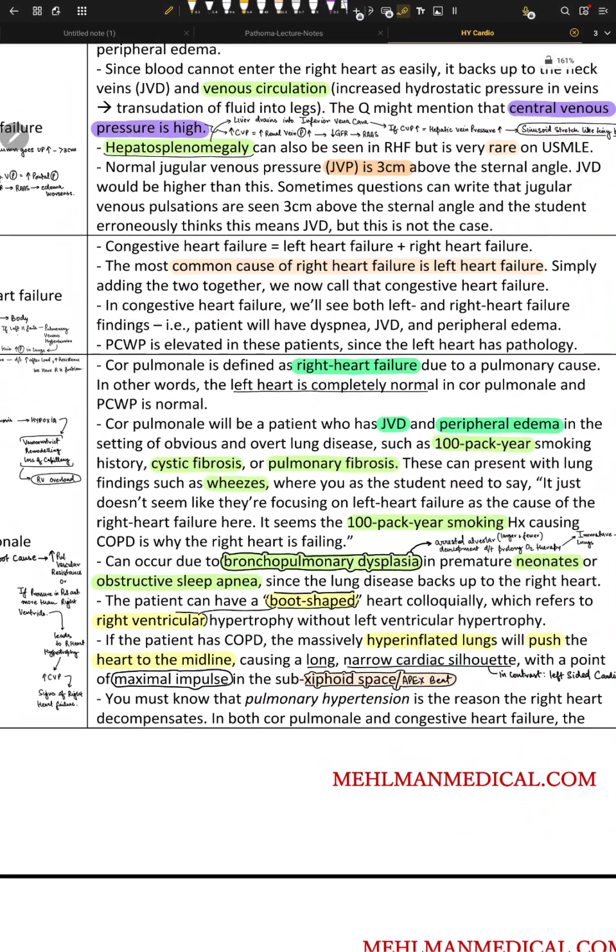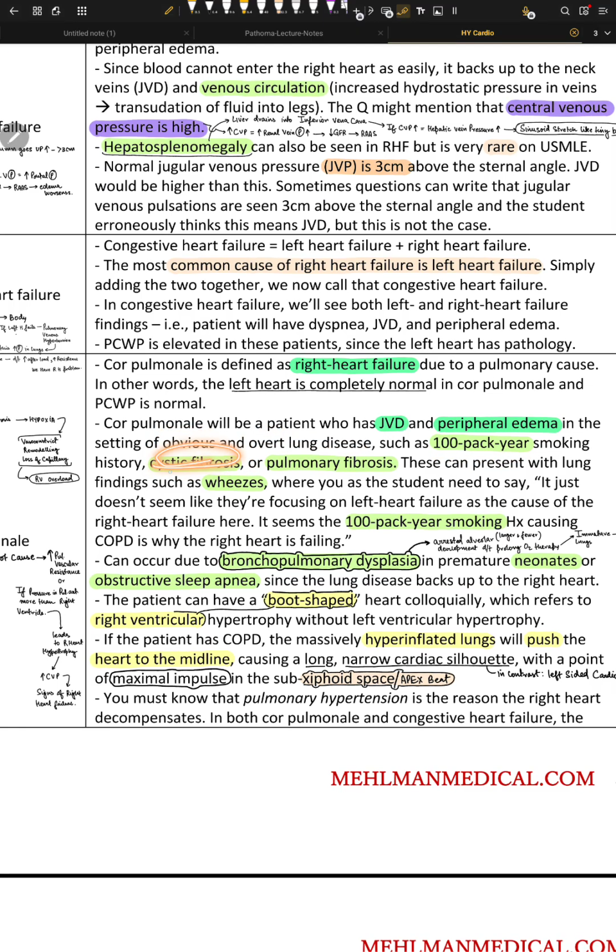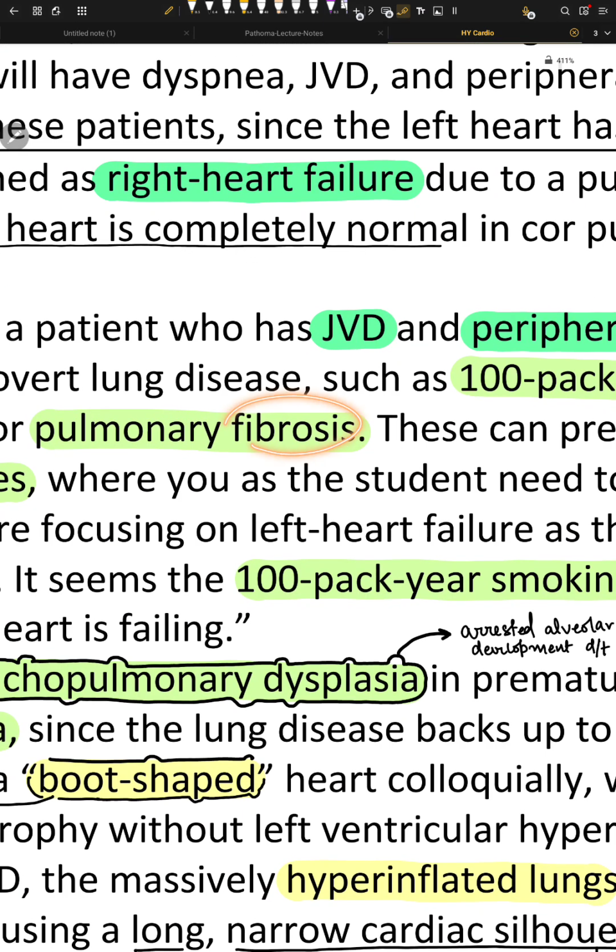So that is this very normal finding. Now, cor pulmonale, in the setting of obvious overt lung diseases such as 100 pack year smoking, cystic fibrosis disease, right? Cystic fibrosis disease, we have problems in these chlorine channels, chlorine pumps, right? So with the cystic fibrosis, pulmonary fibrosis, we have pulmonary fibrosis means the lungs have fibrosed due to the injuries